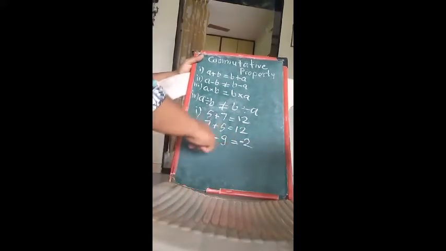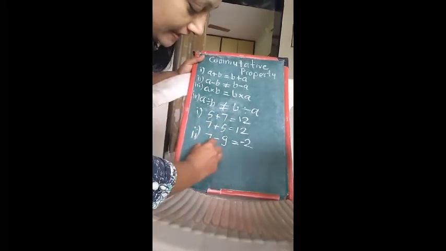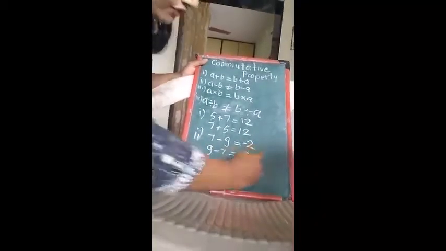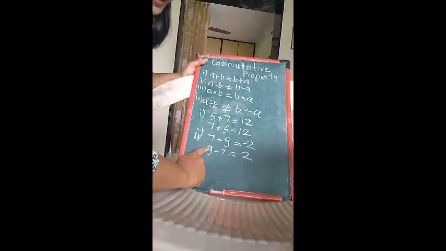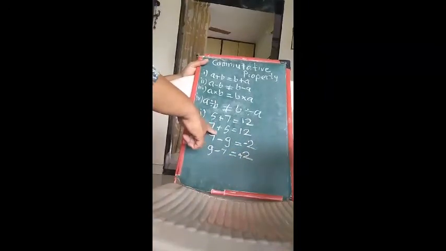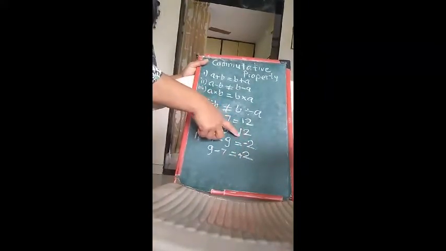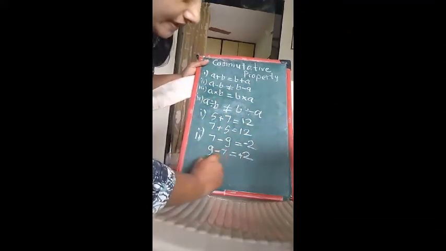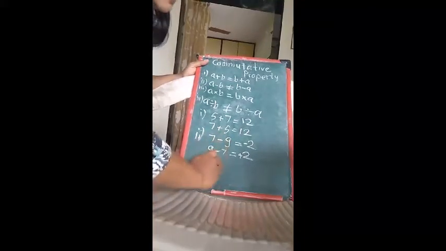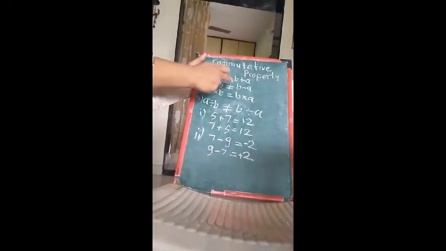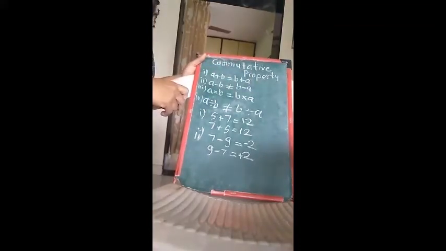Okay. Now we are going to exchange the numbers. That is 9 minus 7. 9 minus 7, the answer is 2 and the sign will be that of 9 because 9 is the bigger number. Here the sign is always positive. So it is plus. So are both the answers the same? No, this is minus 2 and this is plus 2. Okay, so this property is not applicable, thus the commutative property is not applicable for the subtraction of whole numbers. That's why we have written a minus b is not equal to b minus a always.